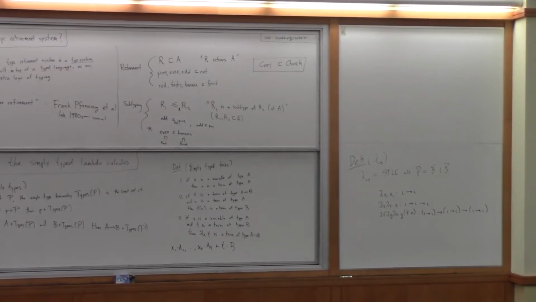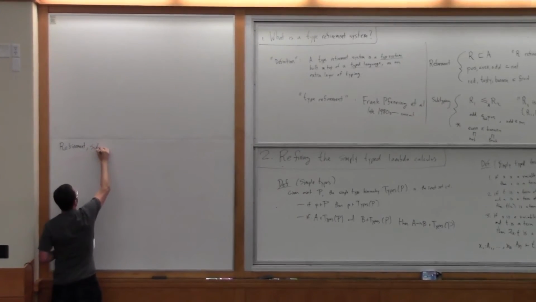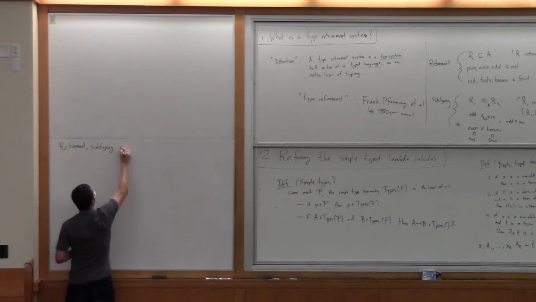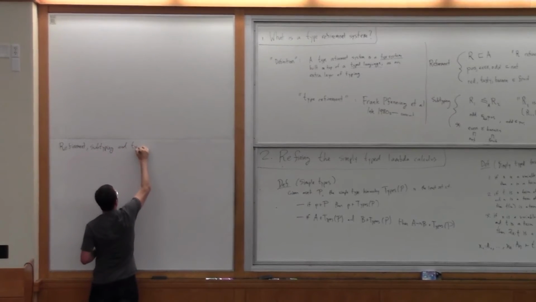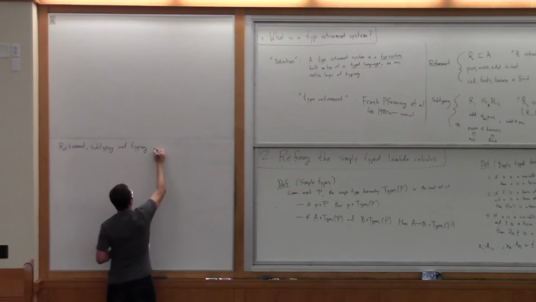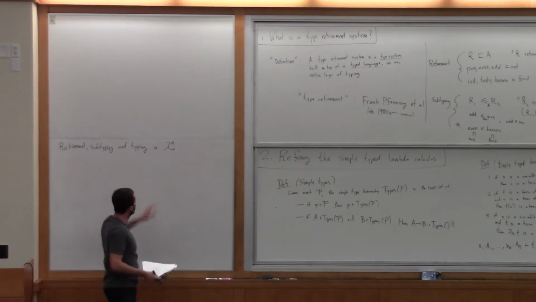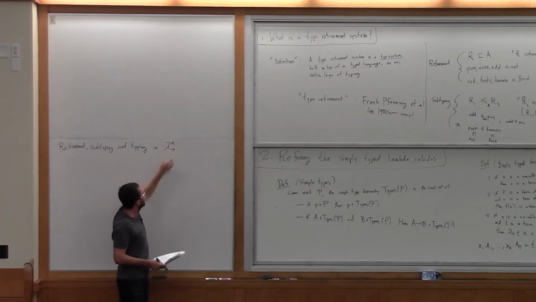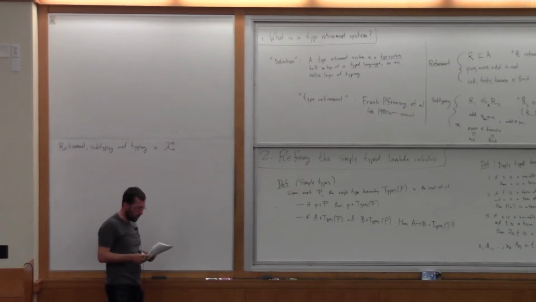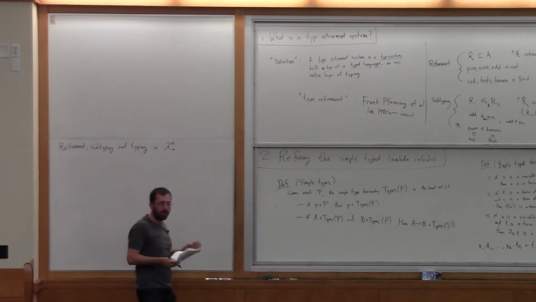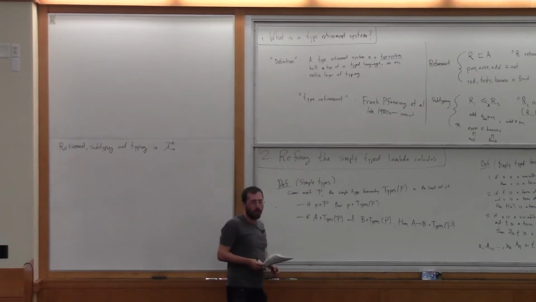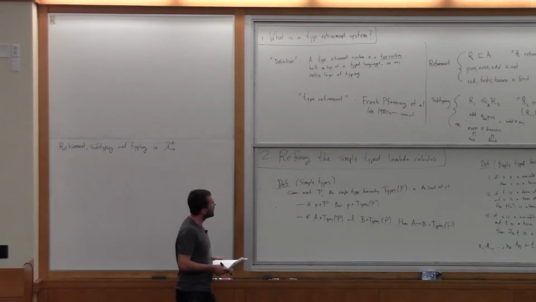Okay, so now we're going to talk about refinement again, subtyping, and typing. A little idea, which I'm going to call lambda arrow with subtyping. So the idea for this type refinement system is,